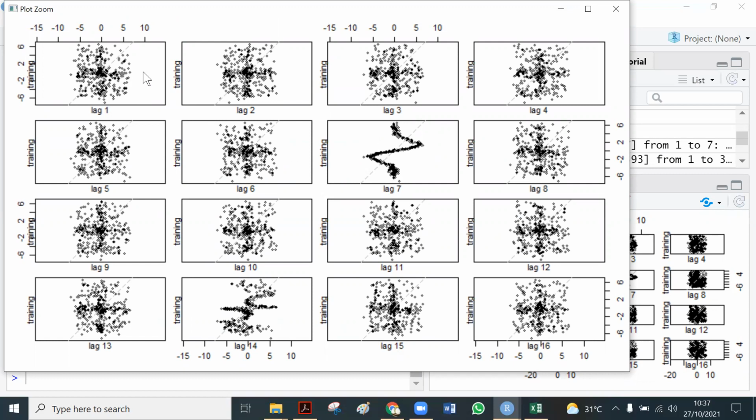Like the data in lag 1, lag 2, it shows there is no relationship or a very weak relationship. Why? Because the data spread randomly. There is no pattern. So we can say lag 1 is not related to the variable xt, or there is no significant relationship between the variable and its lag 1.